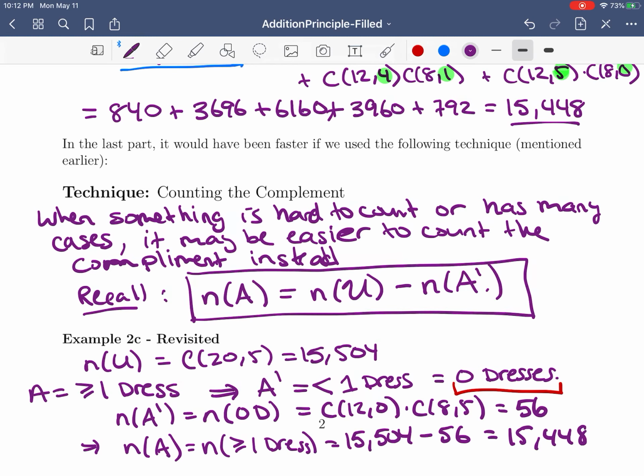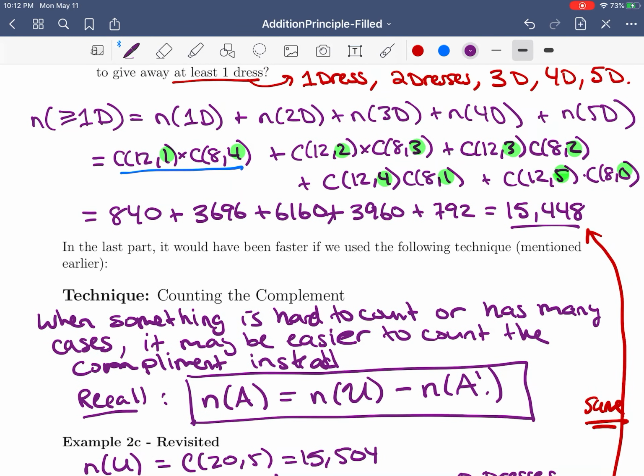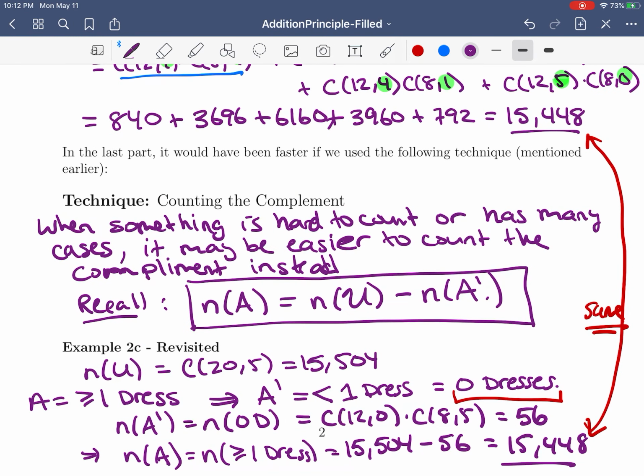And if you do that, you get 15,448, okay, which is the same as we got up above. But notice it required a lot less work. So if you are finding that you have lots of cases, and by lots, usually for me that means more than 3, then you might want to stop yourself before you plow through and think, what does the complement look like? Because it might be a lot easier. So that's an introduction to